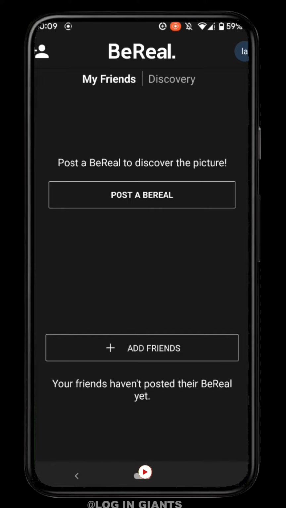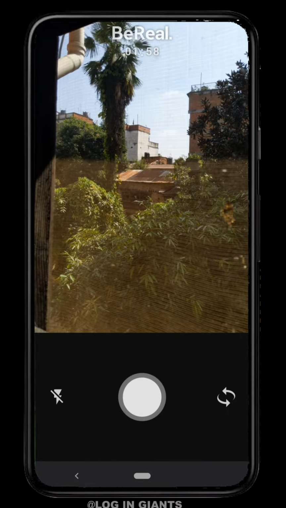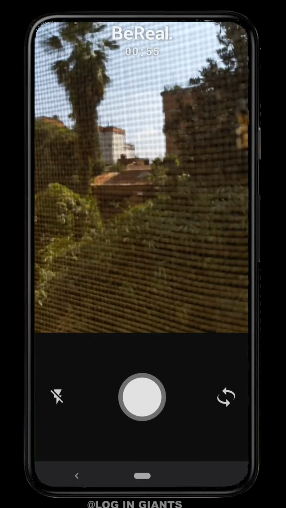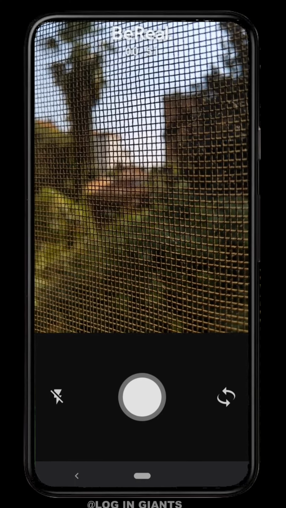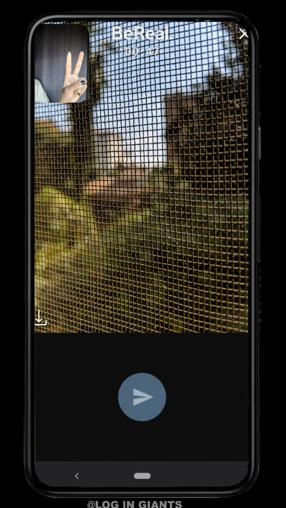So in order to take a picture on BeReal, click on Post a BeReal. Here it will allow you to access the camera. Basically this is my back camera, and if I take a picture with it, it will also take a picture with my front camera. There you go, so you can see that the pictures from both the front camera and back camera appear in this